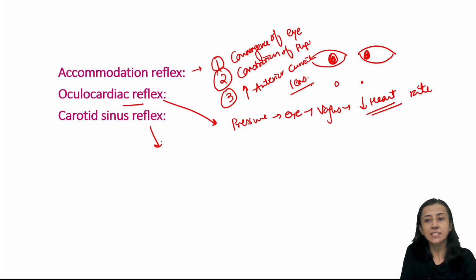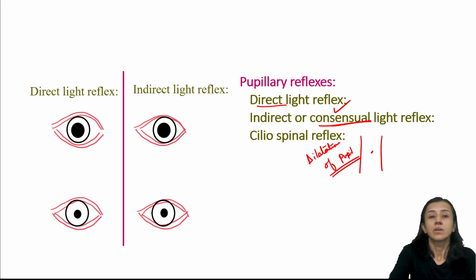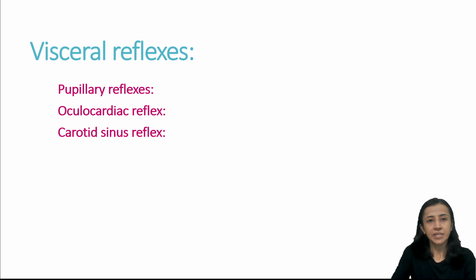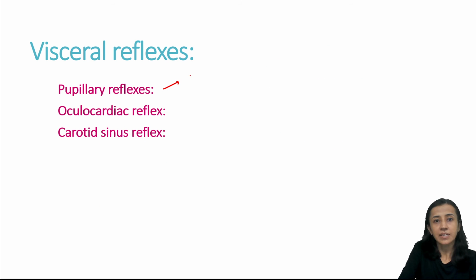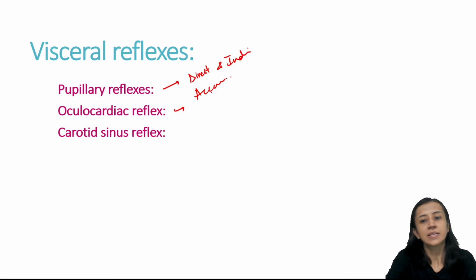Carotid sinus reflex: when pressure is applied on the carotid sinus on both sides, that results in decreased heart rate and decreased blood pressure, both are reduced. So these are all your visceral reflexes. I repeat, pupillary reflexes are the direct and indirect light reflex, accommodation reflex, then oculocardiac reflex, then carotid